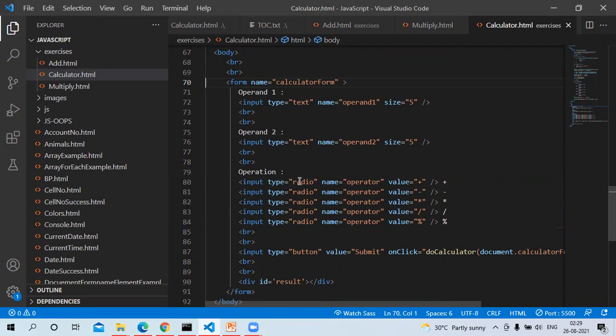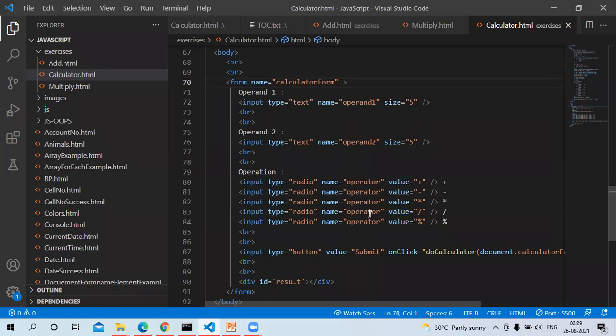We have used radio buttons here. You see, input type equal to radio, radio, radio like this, and the name of the radio buttons we have given as operator. This name should be the same, then only it becomes mutually exclusive. If you give different names to these radio buttons, then you can select all of them. Whenever we are using radio buttons, we should be able to select only one of these 5 radio buttons.